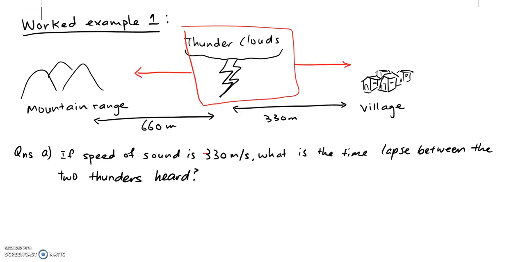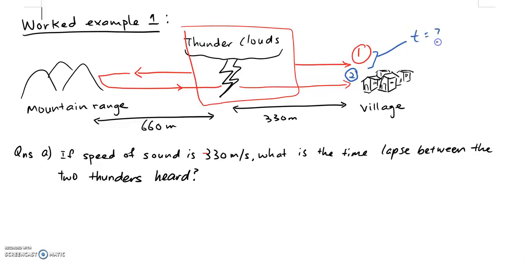So what happens when the sound reaches the mountain range? It will get reflected, and this is actually the echo, and it will reach back at the thunderclouds. But once it reaches the thunderclouds, it will continue to move towards the village. As you can see from here, there's one sound heard by the villagers and a second sound heard by the villagers. So the question is asking, what is the time difference between the first sound heard and